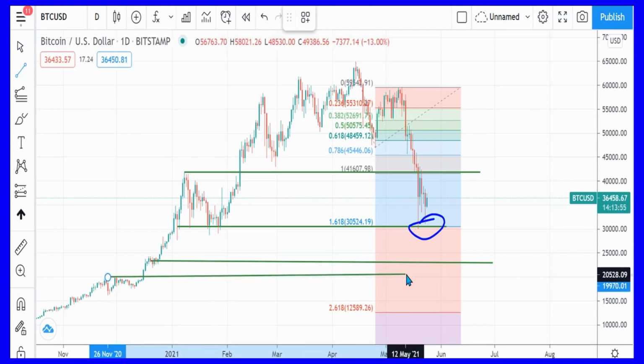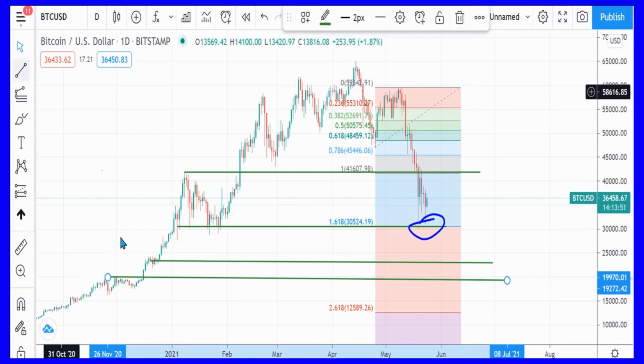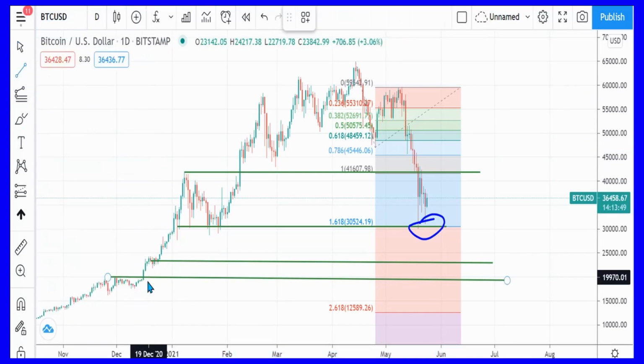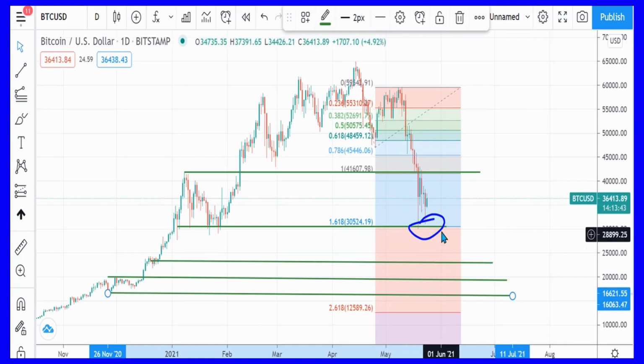This is a resistance. The resistance could turn to become a support, or even the support here can become a support as well. Okay, there are quite a number of levels that we can aim for. So the blue that I circled is the immediate target. That's the immediate target. What I'm expecting is this Bitcoin price is going to further drop to this level, 30,000,